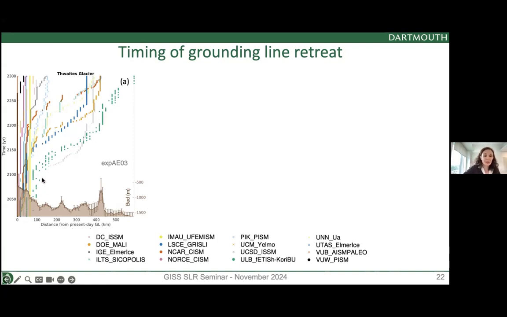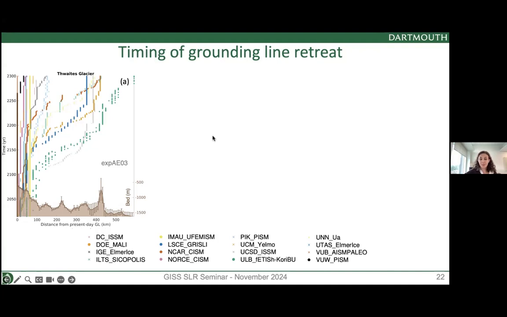And something that's really interesting is that the slope shows the rate of retreat. And so we see that the rate of retreat is really similar for all these models. The timing at which this large retreat starts varies between the models. But once it's engaged, the retreat is mostly dictated by the geometry of the glacier, and so they all retreat at the same rate. That's something that a number of studies had looked at, but we had never been able to do that with a large ensemble of models,